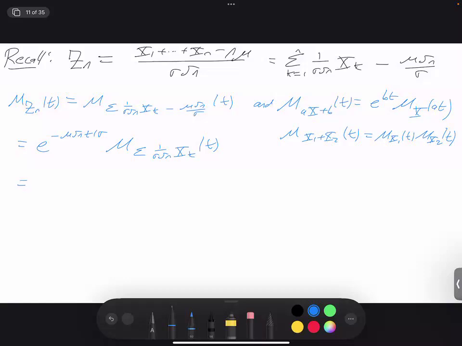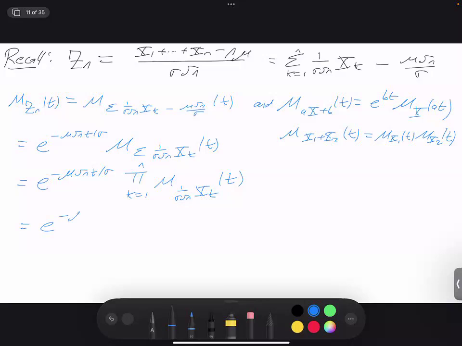So then this becomes e to the negative mu square root of n t over sigma, product k goes from 1 to n, the moment generating function of 1 over sigma square root of n xk of t. But now we use the fact that the moment generating function of ax is the moment generating function of x at at. I'm just doing things in a few more steps just to try to minimize confusion and typos. Right? So this is then going to be the same